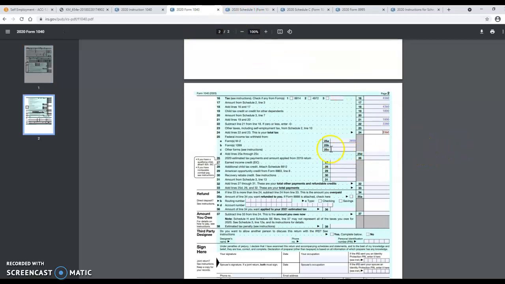So our total payments then is $2850. And line 26, if the business had paid estimated tax payments, that would be on line 26. Okay, but we didn't have any. There's no extra credits, refundable credits. And so we go down to line 33 and our total payments are $2850. Now we see that our total tax is $3360 and